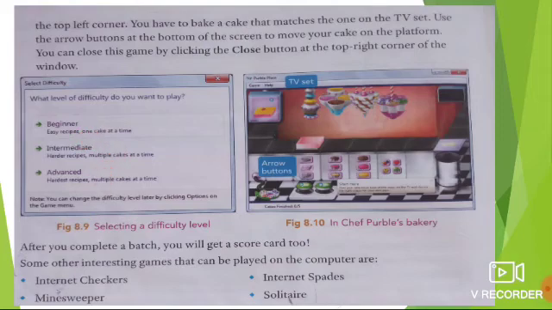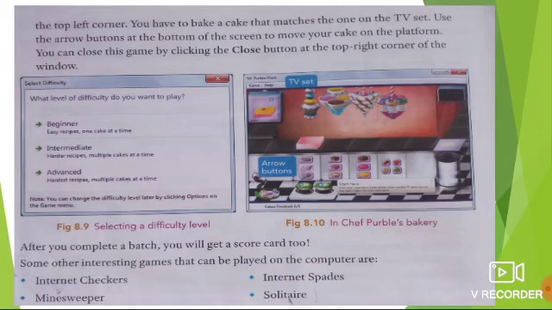As we are first starting it, we can start with beginner. You can see the TV set at the top left corner. You have to bake a cake that matches the one on the TV set. So children, in the top left corner there is a cake, and you have to select from this which matches to this one.